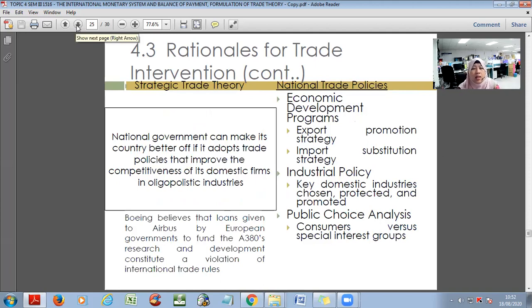Okay, we are still under the rationale for trade intervention. A national government can make its country better off if it adopts trade policies that improve the competitiveness of its domestic firms in oligopolistic industry. So in here, if you do not know what oligopolistic means,